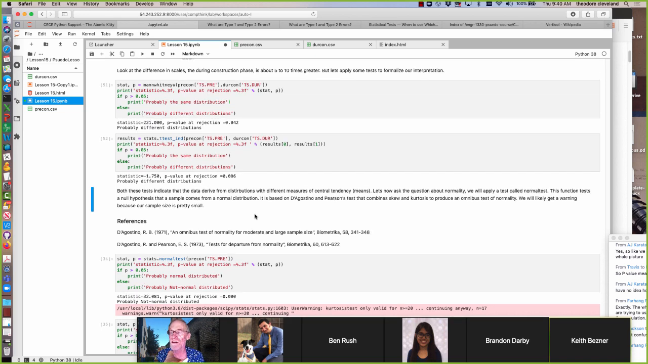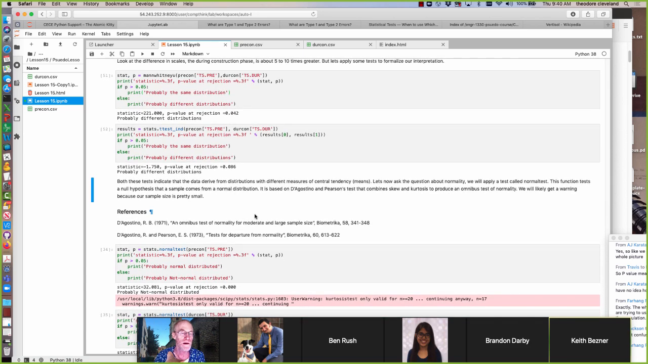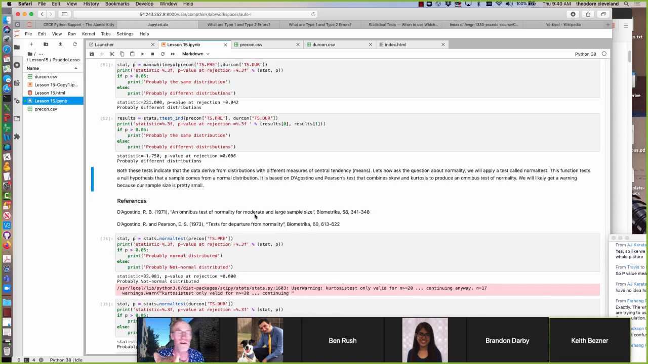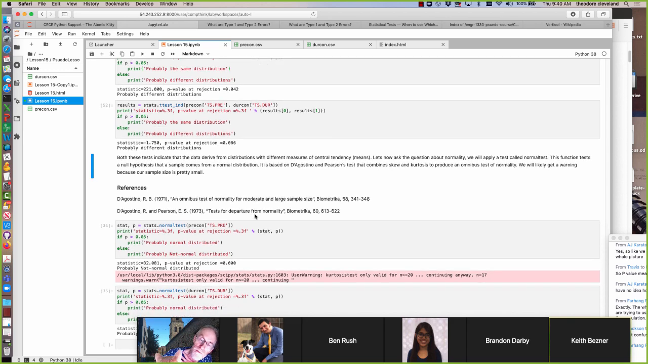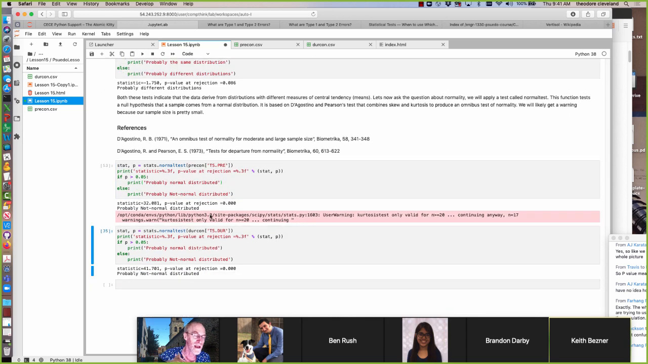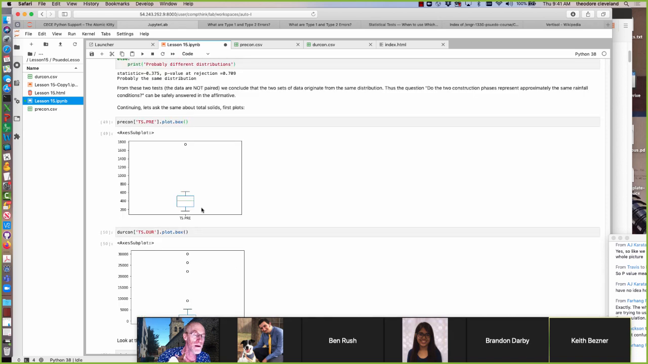There's a test called normal test, and it tests the function that a sample comes from a normal distribution, and it's based on D'Agostino and Pearson's test, combining skew and kurtosis. We're going to get a warning because our sample size is pretty small. So now we're asking the question, does the pre-construction data for total solids appear to be normally distributed? Go ahead and run the test, and we would conclude that it does not appear to be normally distributed, and we can probably see that to some extent